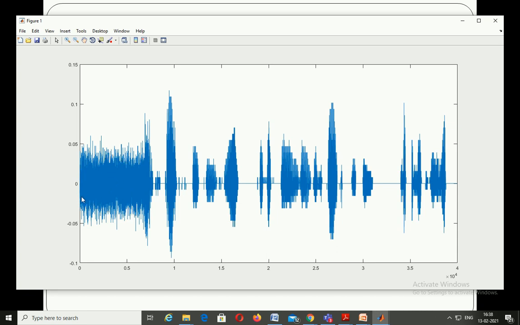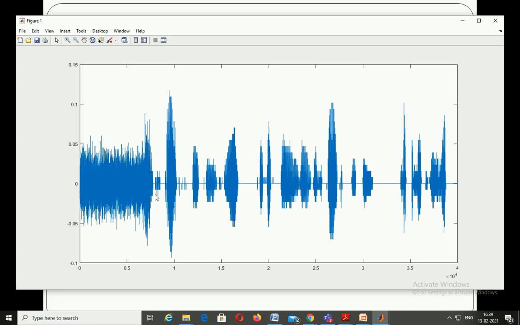If you assume the first 5 or 10 frames, where each frame contains 200 samples, the first 10 frames means 200 into 10, that is 2000 samples. Let's consider that these 2000 samples contain the noise. Now you can estimate the noise from that first 5 or 10 frames, and you can assume that as the noise content for the whole signal. If you subtract the noise content you have measured from those first 5 or 10 frames, you are able to reduce the noise. That is the basic idea here.